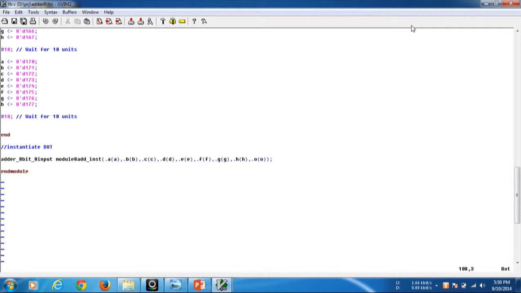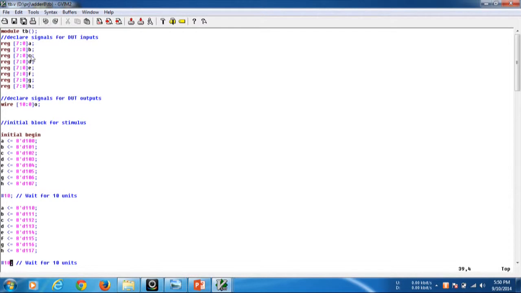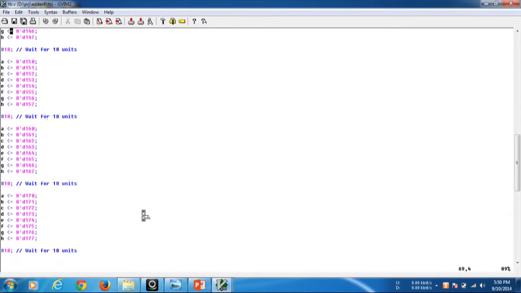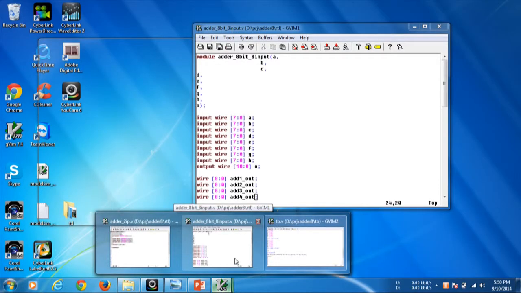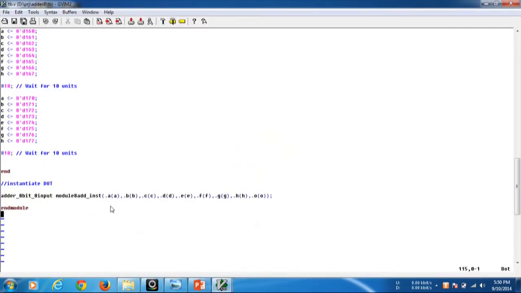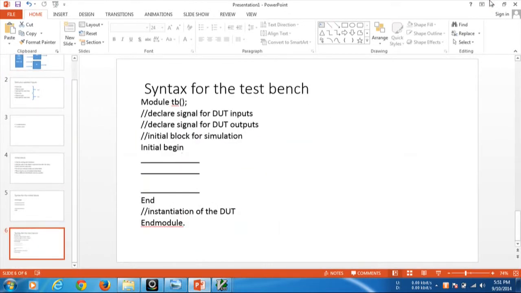It's a wire connection like this, as we already declared here inputs A to H and output O, and in the previous code also we declared A to O. There is no problem for us, so we directly write dot A, and in brackets A. Similarly up to the output, and then end module. So we have followed the syntax which we have already discussed before.